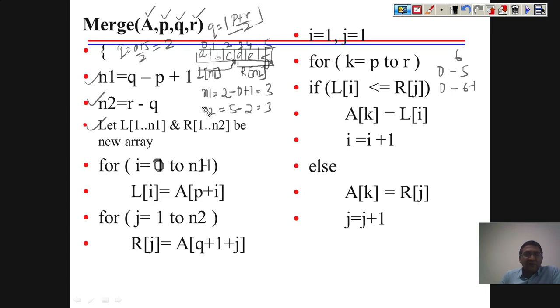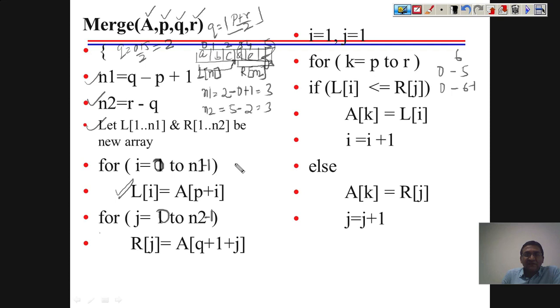L and R are the auxiliary arrays, just temporary arrays. I am copying all the elements from the first part to my left array by this loop, and again here I'll take 0 to n2 minus 1 and copy the second part to my second array.